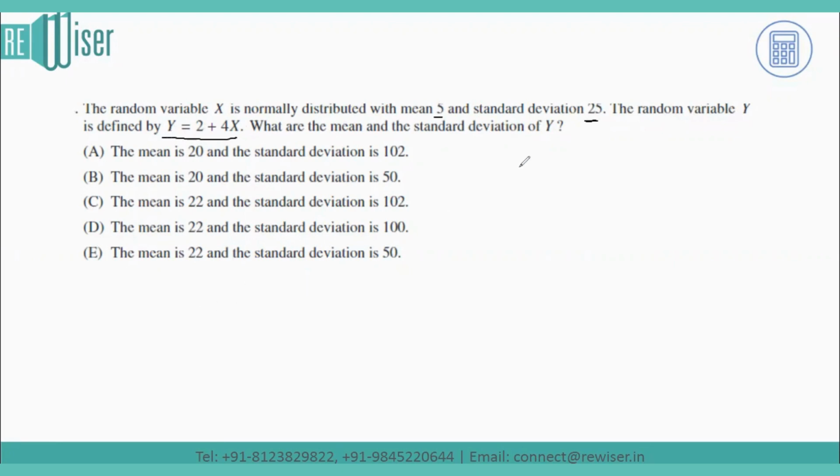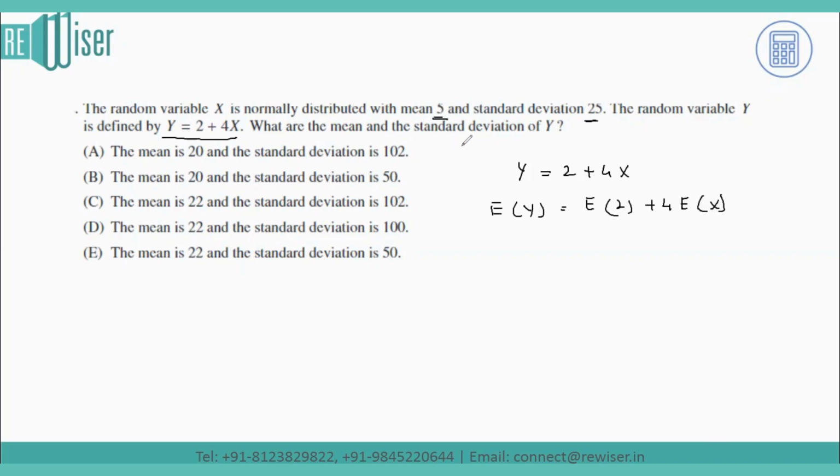So to answer this question, we'll first write y equals 2 plus 4x. First we'll find the expected value of y, which is the same as finding the mean of y. So that is equal to the expected value of 2 plus 4 times the expected value for x. As we said, the expected value of x is nothing but the mean for x, which